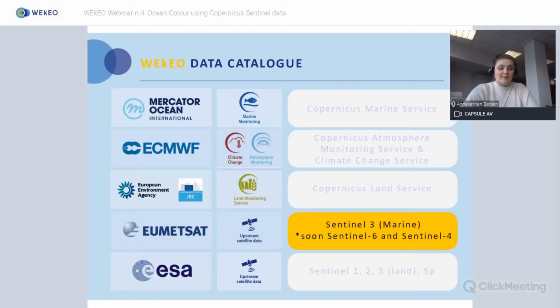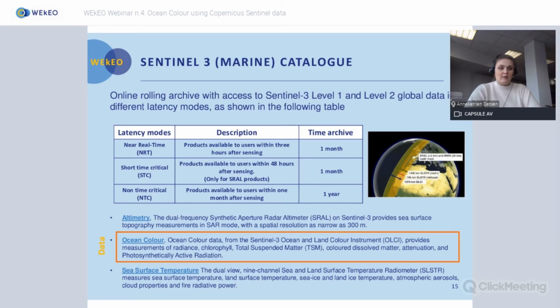Then today the topic will be about ocean color. So Haley will be talking about the data from EUMETSAT, the Sentinel-3 marine data in particular. And so once you want to get working with these data for yourself, one of the things to know is if you're developing a service that, for example, requires new observations quite quickly, or you require long time series, you have to pay attention to what kind of data that you need. So any time series